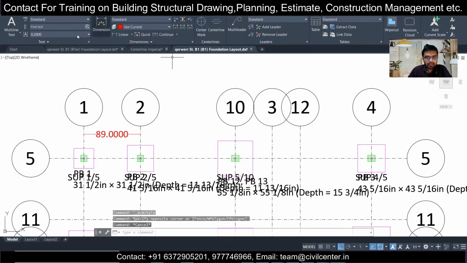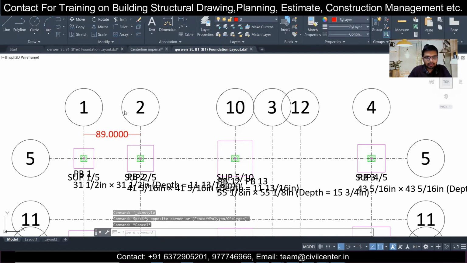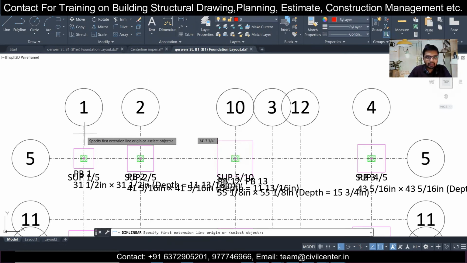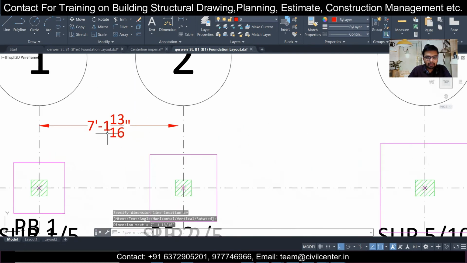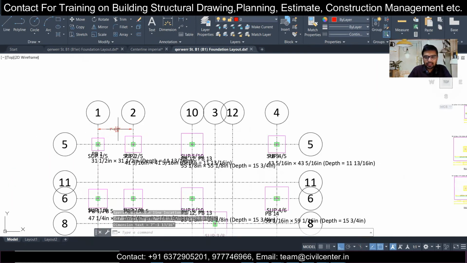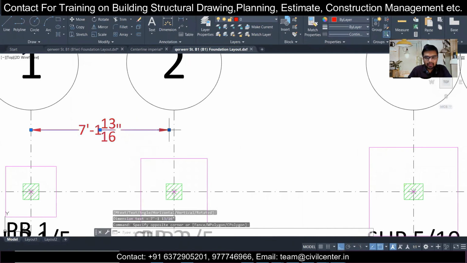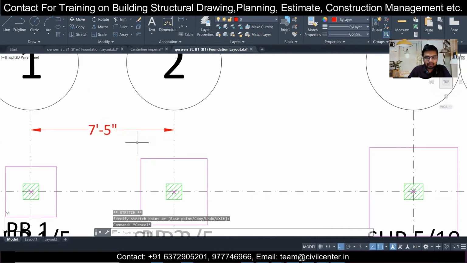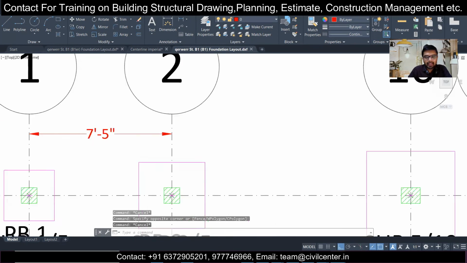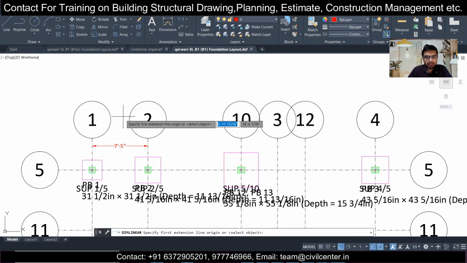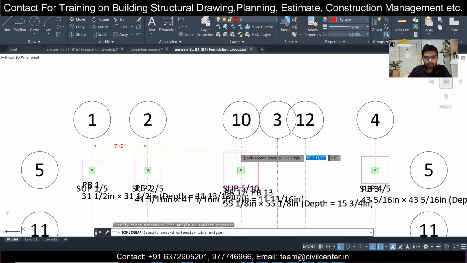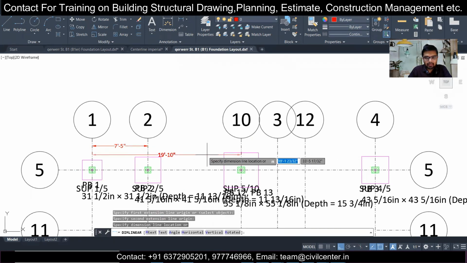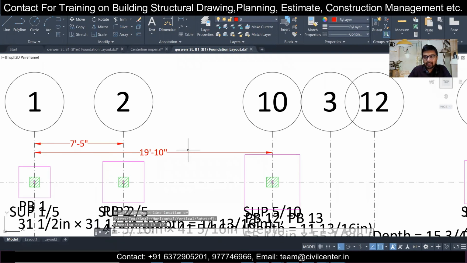If we just take this as our standard, just take a new dimension, then you can delete this and take a new dimension here. Just take a new dimension following. As you can see, this is 7 feet 11 3/16 inches. So like that you can find it, just not taking the entire thing. Yeah, 7 feet 5 inches. Like this, you can find the distance accurately. As you can see, if we don't want to do the dimensioning of this, we can do it easily from here, with all the dimensions in your feet and inches.